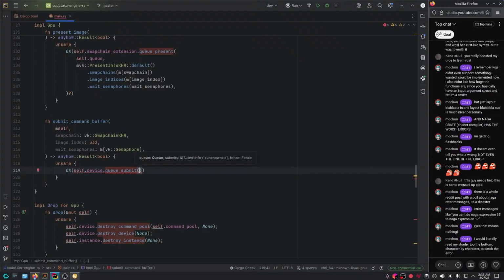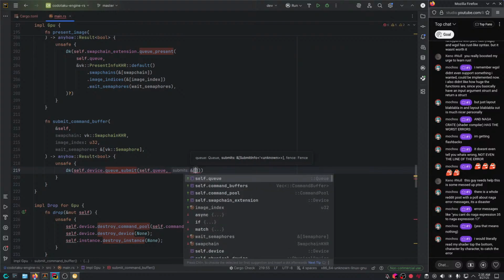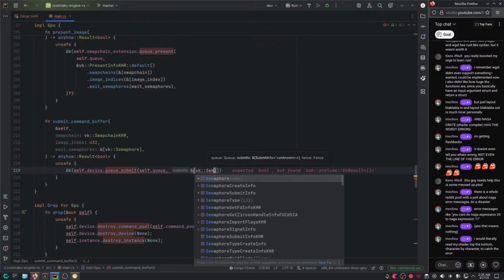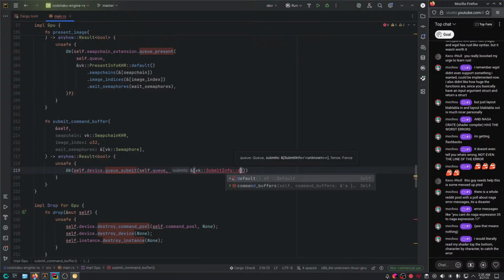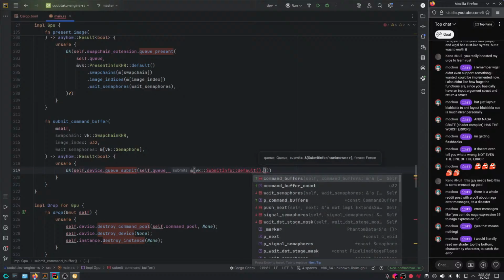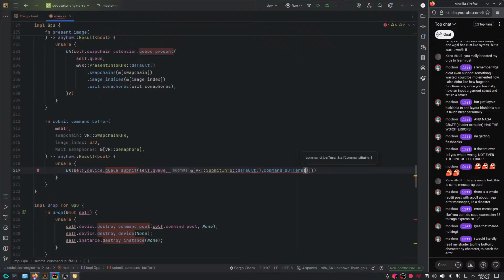So here you give it the queue, which we have here, and then you give it the submit infos. And for now, we're just gonna hard code it to one submit info just to keep things very simple, I guess. So command buffers. Wait, semaphores, signal semaphores. Oh boy.